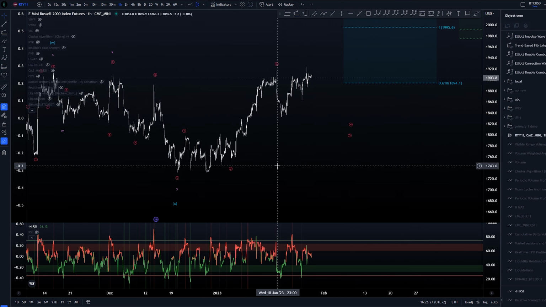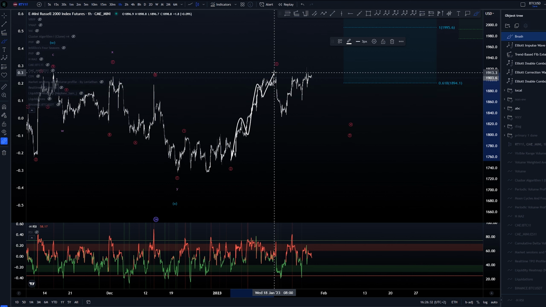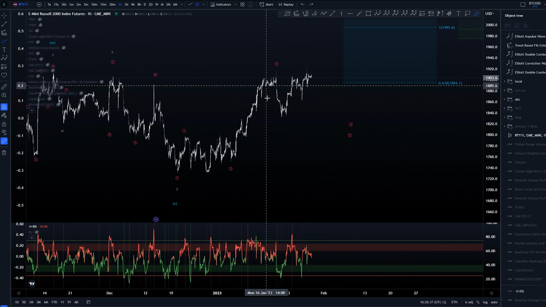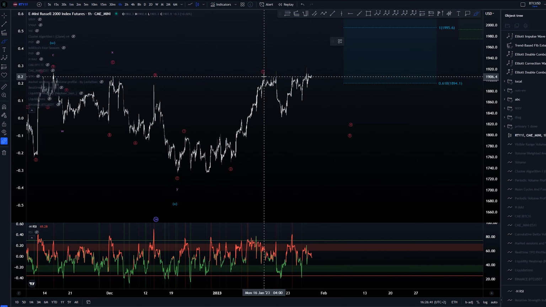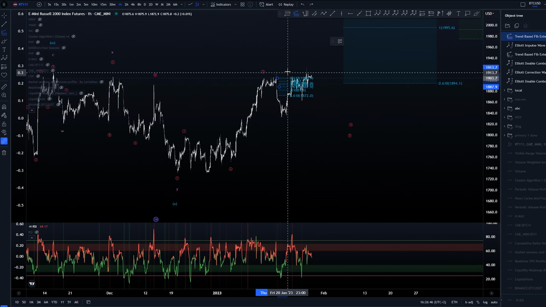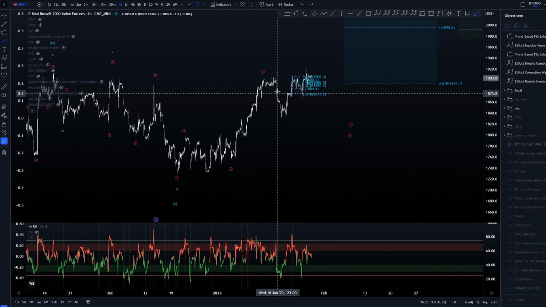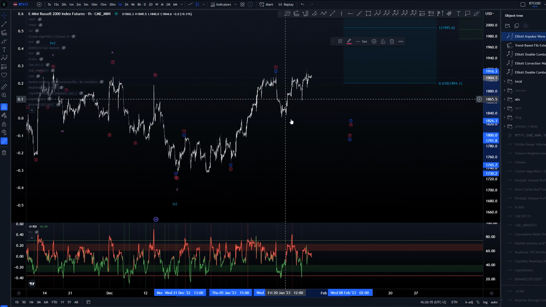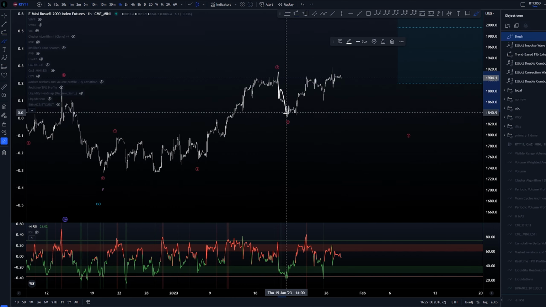Like so. 1, 2, 3, 4, 5. Or 5 in here. We still have that divergence there as well. This is a bit questionable, having this as an ABC. That is very extreme. Yeah, 2.618 is here, so we would have to have like a 4.618 instead. I don't really like that, so I'm just going to be labeling that as the third for now. And this would have to be some kind of three-wave structure. Fast,